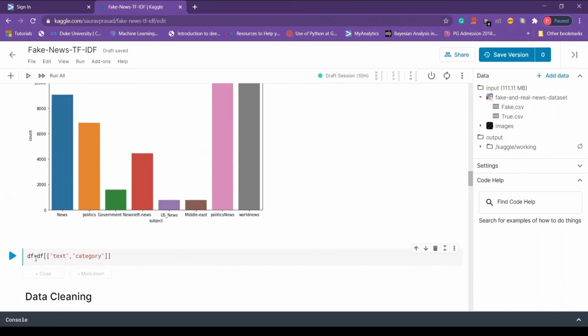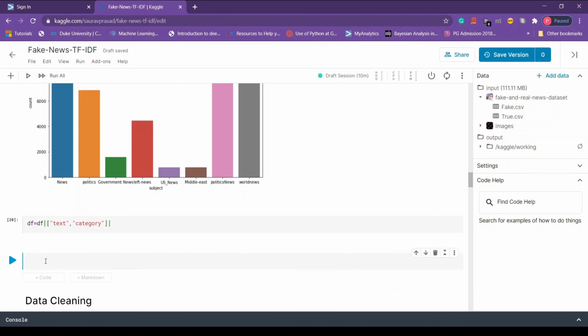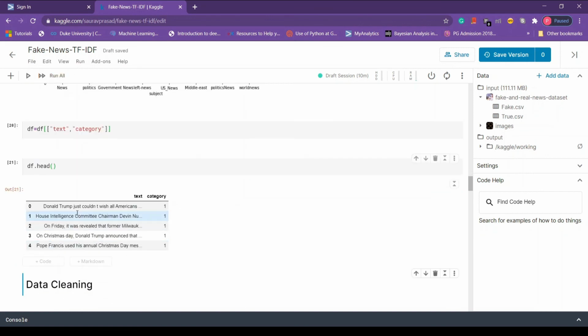Earlier we saw that to get a particular column we use a single square bracket, but here we are using double square brackets. This is because we are passing multiple columns. So here we are passing a list of column names. So let's do that. Press Shift Enter and our new data frame is ready. So let's check the newly created data frame. Okay, so here we have our new data frame.